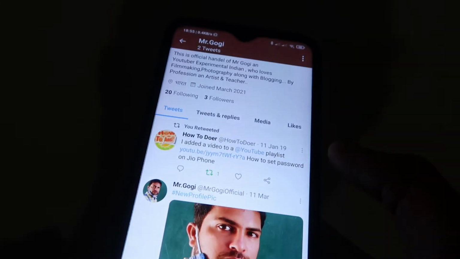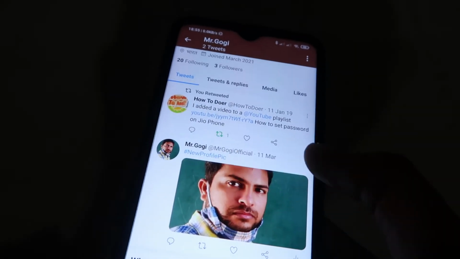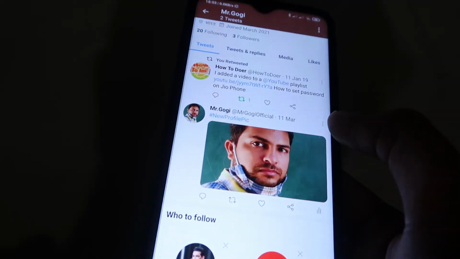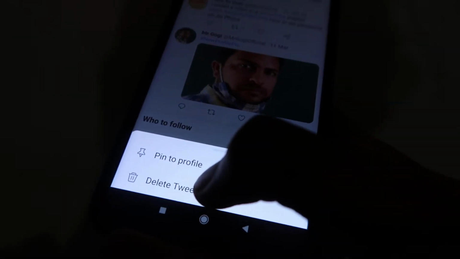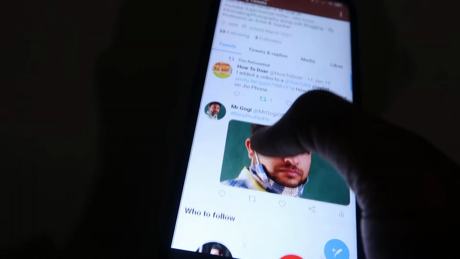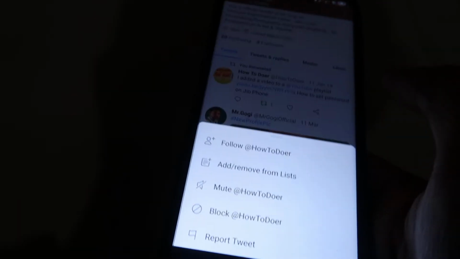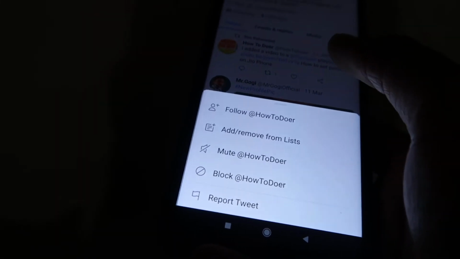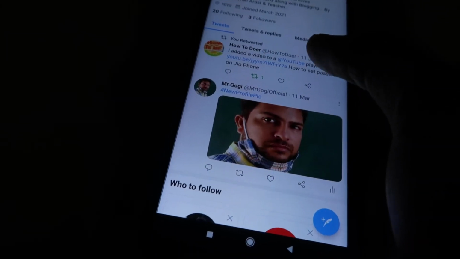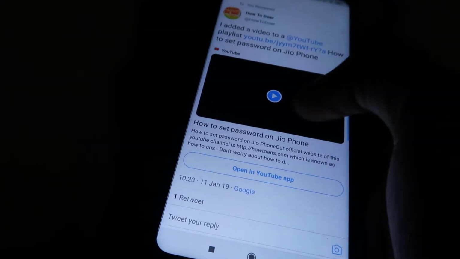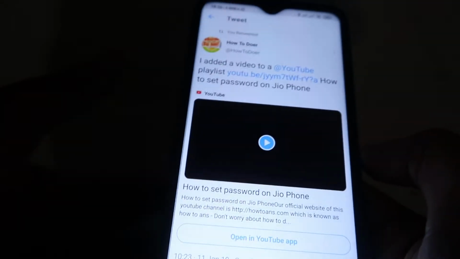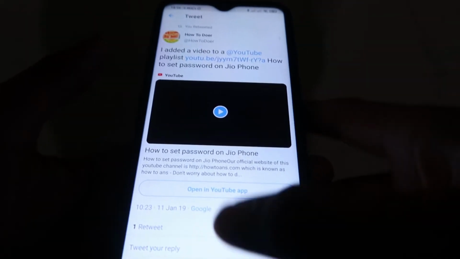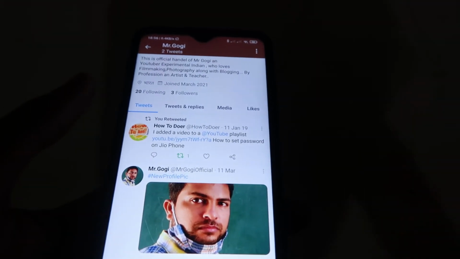Then I searched for deleting the tweet. If you see, if I want to delete my own tweet, I can easily click on the option button and just click on delete tweet. But if I retweeted a tweet and I click on this option button, I will see options like this, and I do not find any deleting option for a retweet. Now if we click on this, we land up in the other person's Twitter feed, and we are not able to find the option for that. Now what can we do, and how can we remove that tweet?